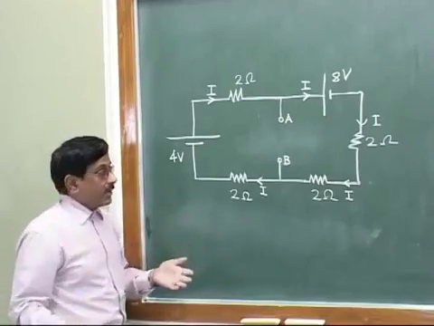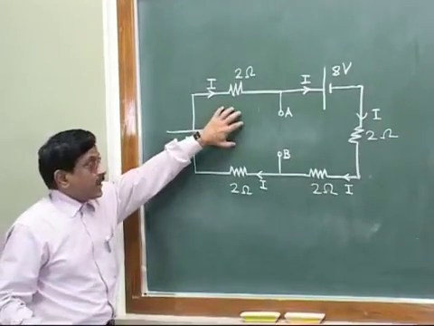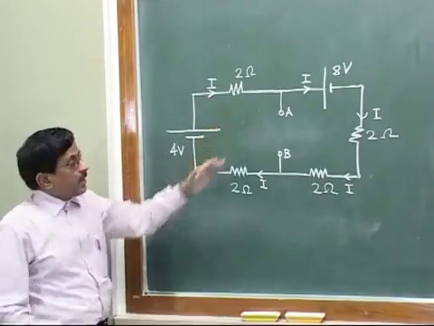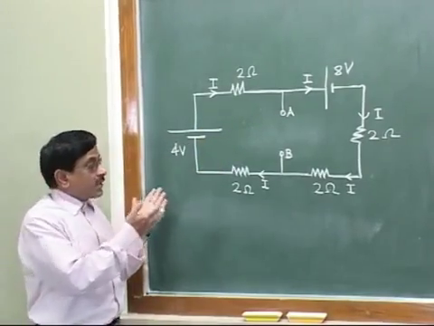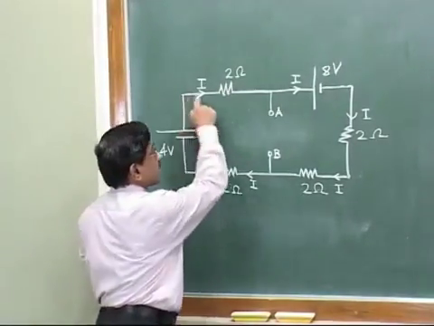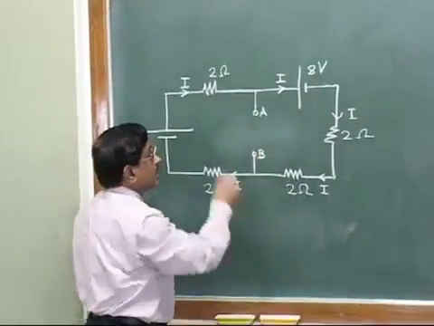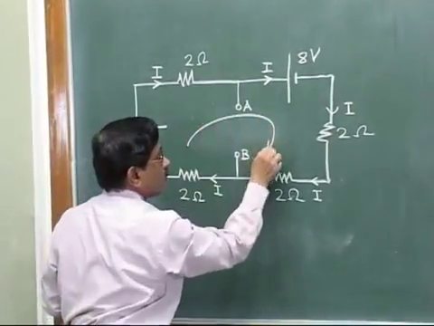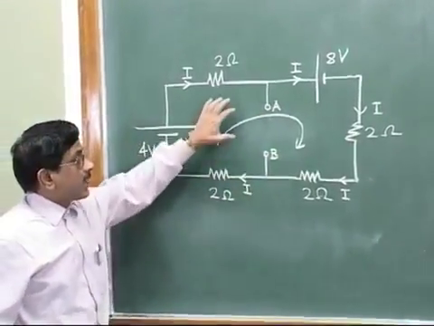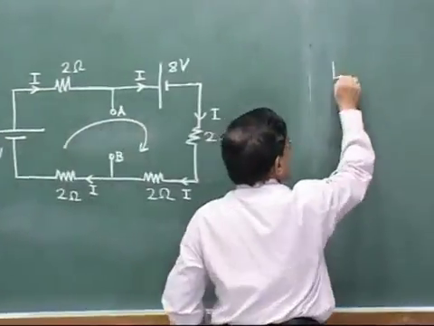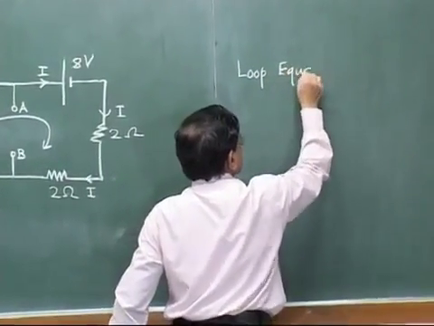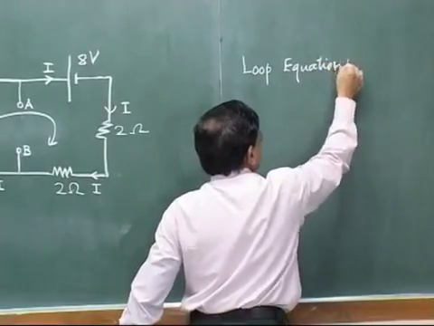And what is the other thing remaining in step 2? After current distribution you have to write the loop equations. How many loops are we getting? Clear observation of this diagram tells us that we get only one single loop, and it is just this loop, because now this is open. We assume that we are traveling clockwise. Just let us write the loop equation. So our second step will be, loop equation will be,